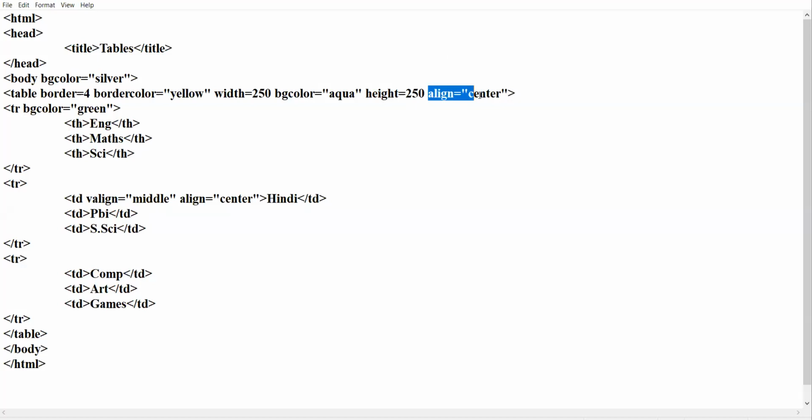This align attribute with the value center given inside the table tag, it will not affect, I repeat, it will not affect the data of the table. Rather, it will bring the table in the center of the screen. It won't affect the data. It will just bring the structure of the table in the center of the screen.